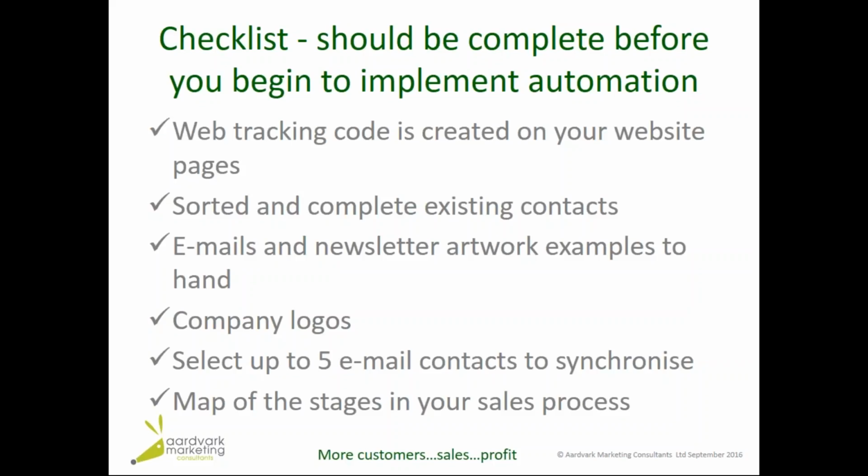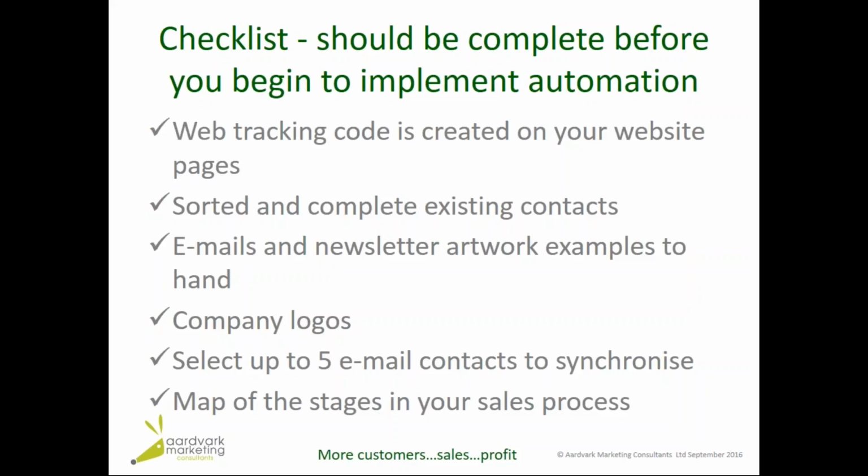So first of all, we will give them a checklist and we make sure that that's complete before they can start. So if you haven't got these things, there's no point getting started. You might as well defer your purchase if you like. So these are tried and trusted processes. You need somewhere you can put the web tracking code. So if your website won't take a web tracking code, you might need to change your website. You need to sort and complete all your existing contacts and your data. So you might have data in a CRM system or even on an Excel system or an Access system. Make sure that's as complete and sorted as you can before you start.